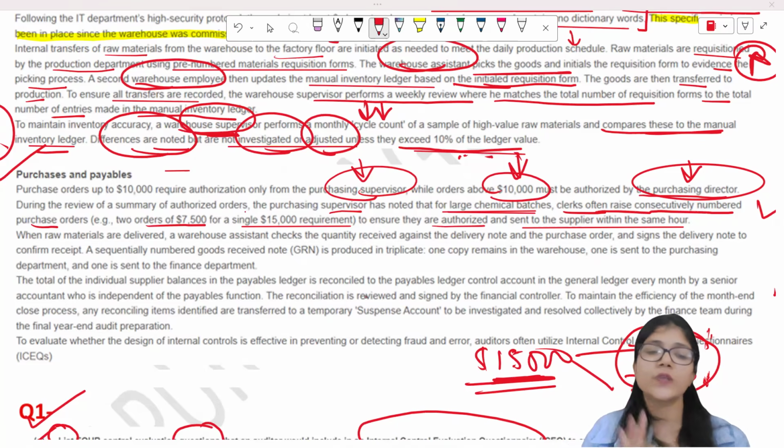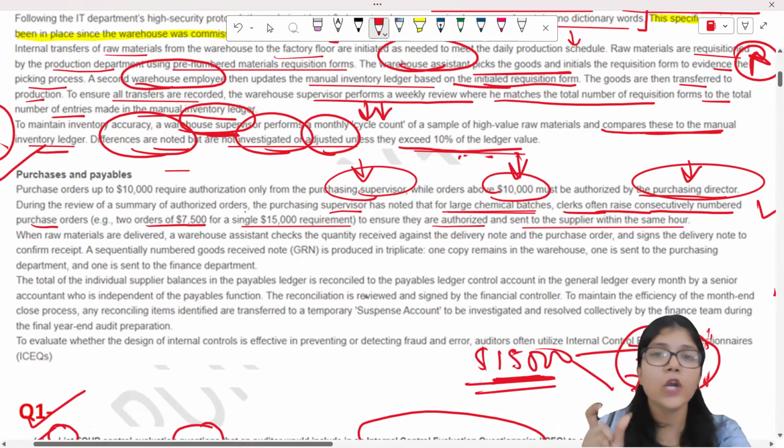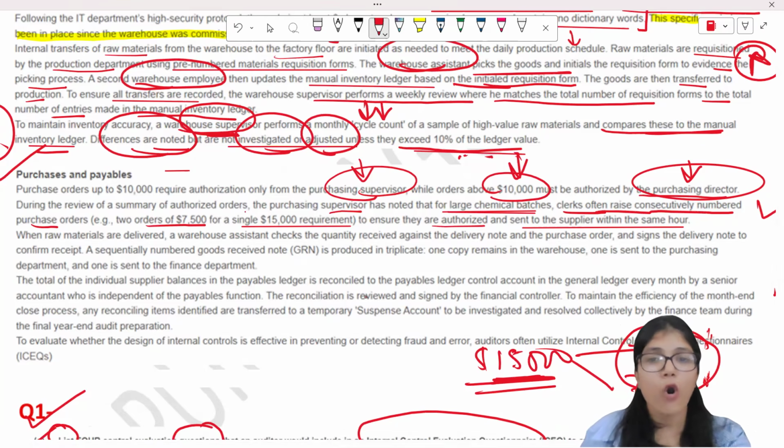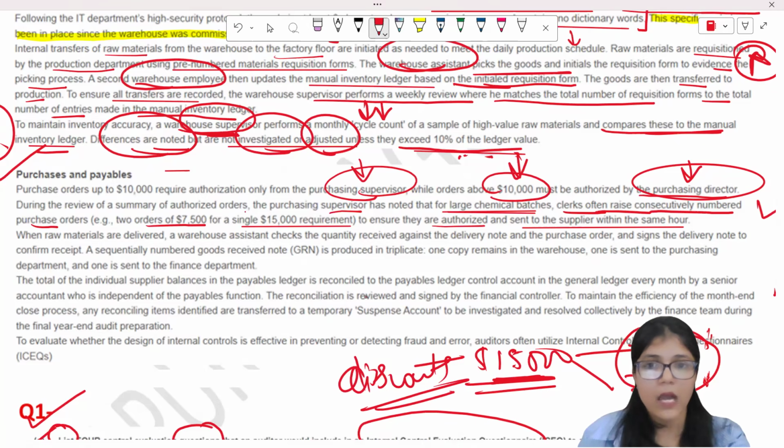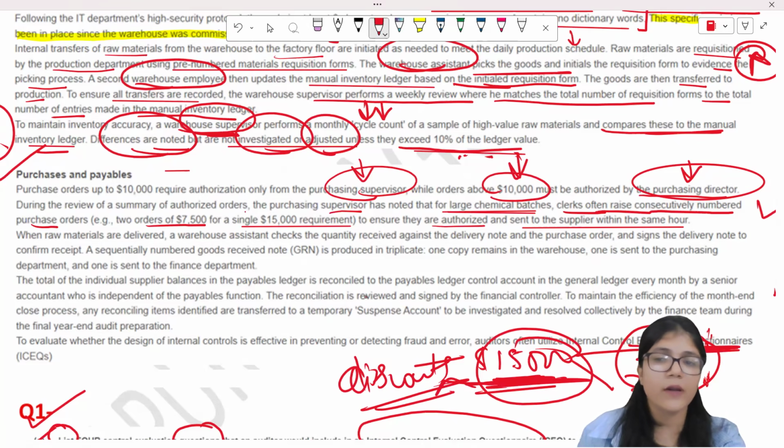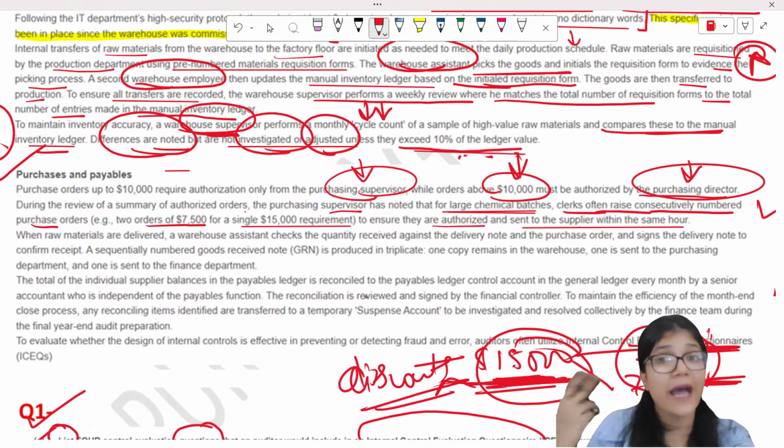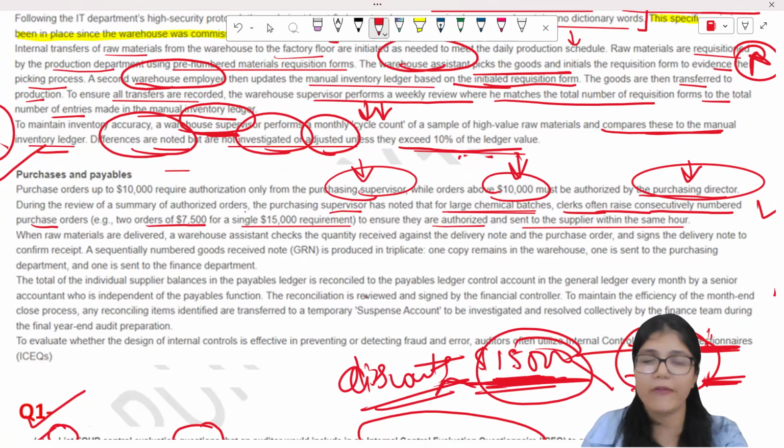And one more thing you can think of from the company perspective is, whenever we are bulk ordering from our suppliers, they always provide us some discounts, right? If you order for 15,000, of course they're going to provide you some discounts. But if you split and order 7,500 then 7,500, you're not going to get the benefit of bulk discounts, because it is not a bulk order. So you can also think from that perspective that it's not correct to bifurcate between two. So that would be your answer.